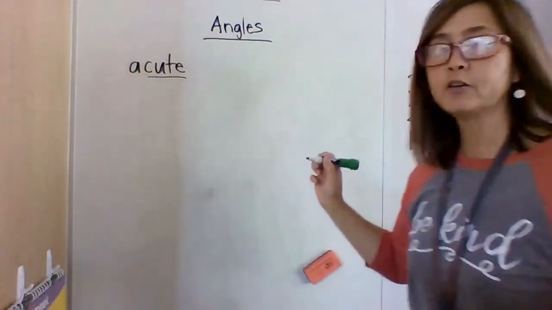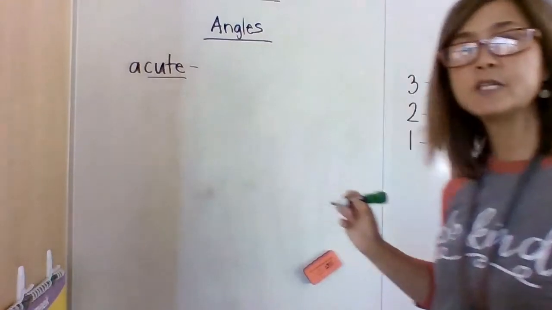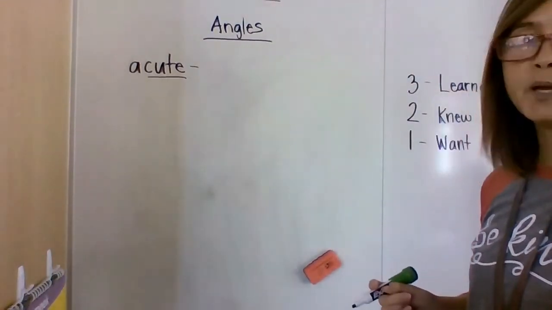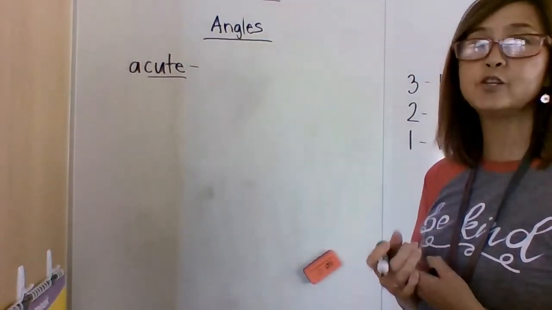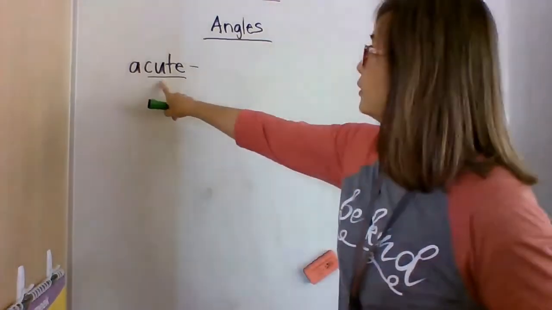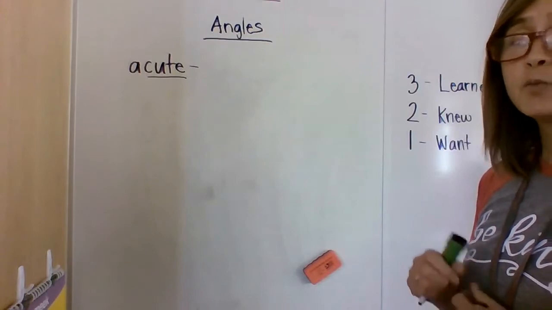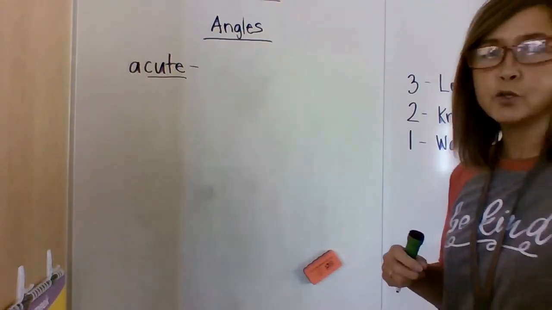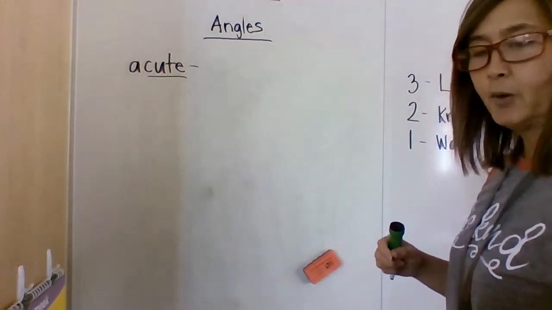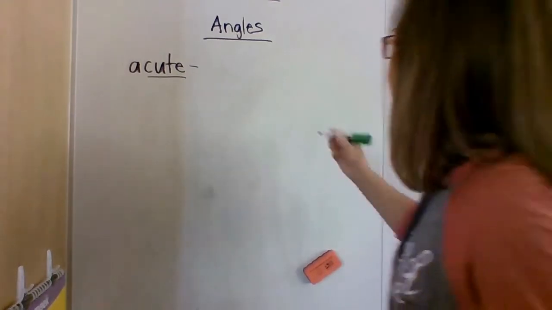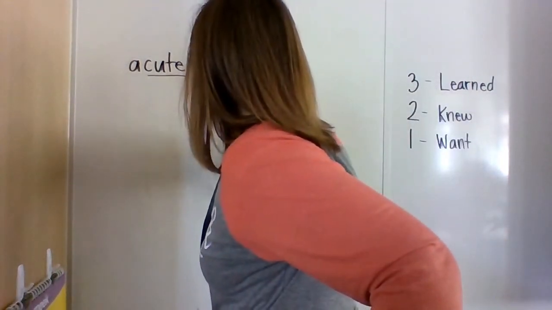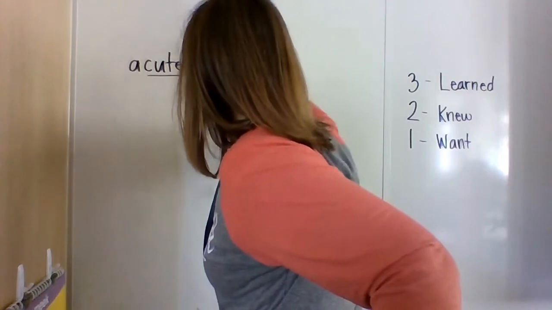I want you to think of acute as like when you see a little tiny kitten or a tiny little puppy. They're so tiny and cute, right? In the word acute, I've underlined the word cute because when you see a puppy, they are so cute and tiny. So an acute triangle,